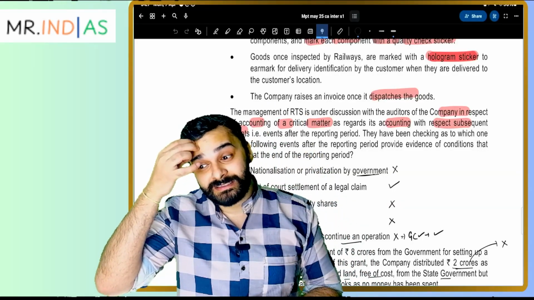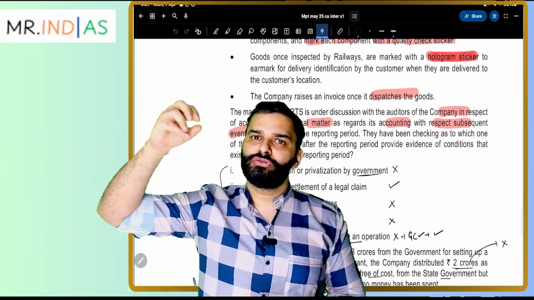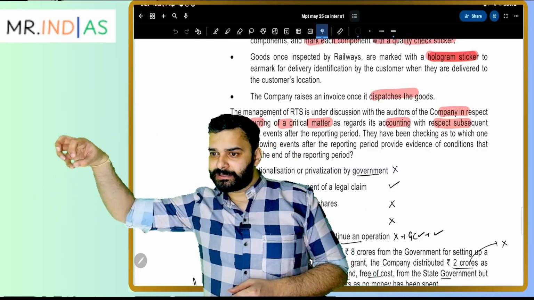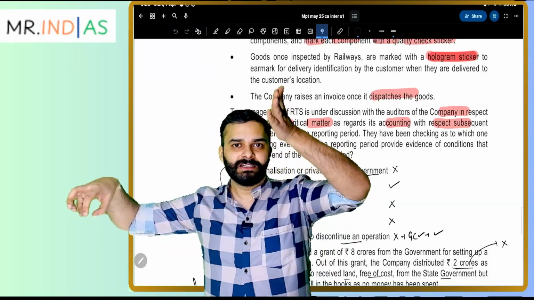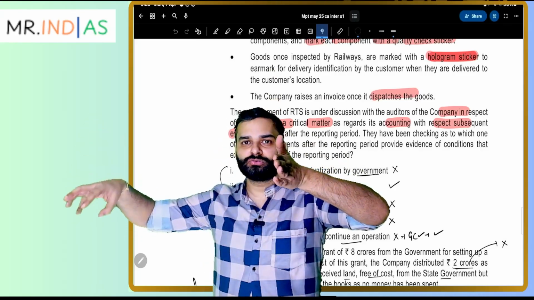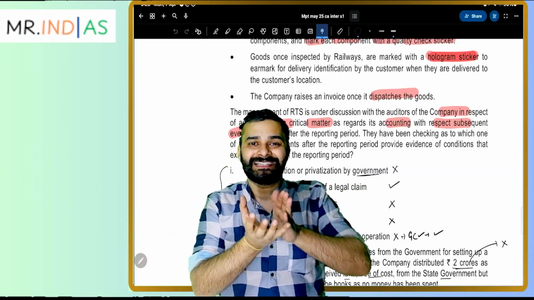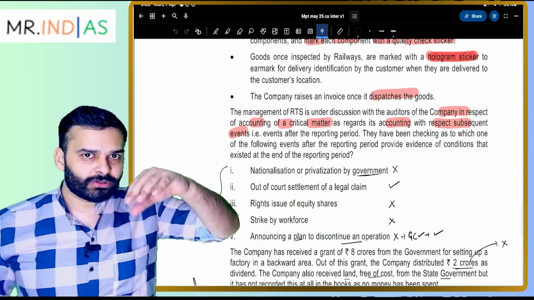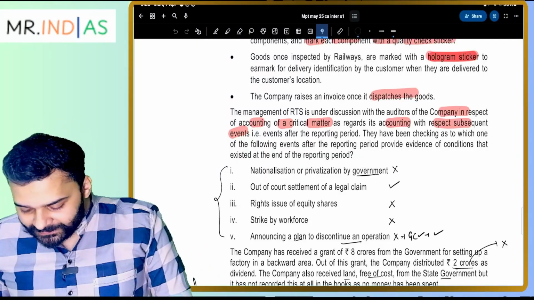Once time passes, you get the evidence that yes, the claim has been settled and the claim amount is 2 lakh rupees that your company has to pay. So the event that occurred after March gives you evidence that the claim of rupees 2 lakhs, since the lawsuit was in existence on 31st March, the damages that you have paid for rupees 2 lakh give you evidence that this condition for the lawsuit existed on the balance sheet date. This is the only thing that comes under the accounting standard for events occurring after the balance sheet date.